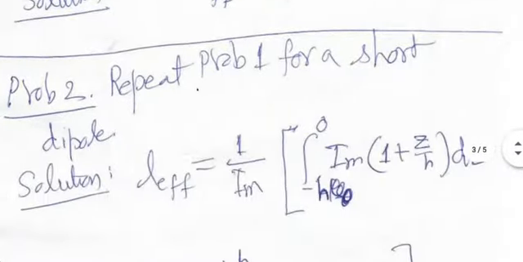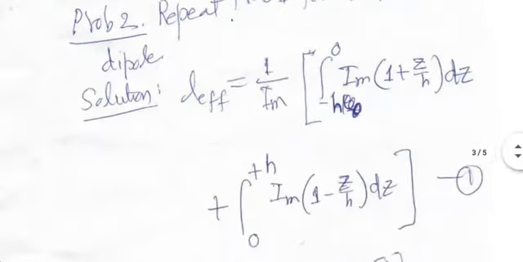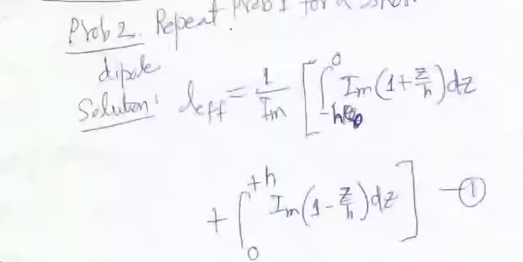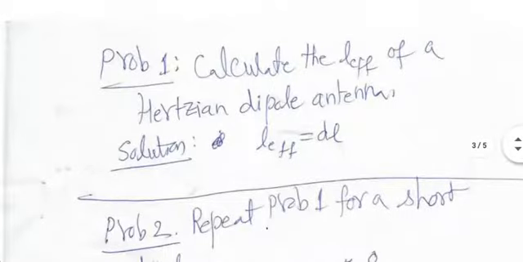Now, for a short dipole, what would happen? This will be a little more interesting, I think. Remember, in the short dipole, we assumed linear currents in the upper half and bottom half of the antenna. These were the two equations. The peak current was occurring at the center. So if you go by the definition in equation 1, I naught is Im. And the integral will break into two parts depending on the range of Z, because equations are different in the two halves of the antenna.